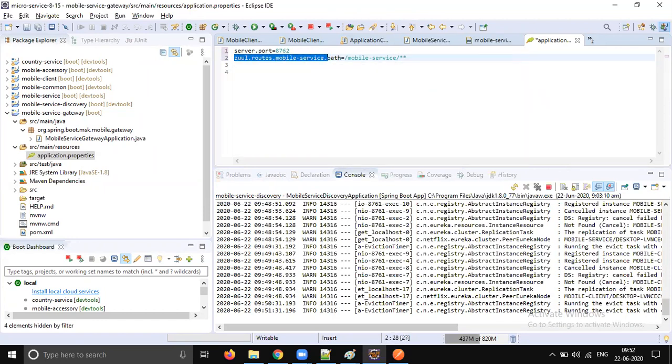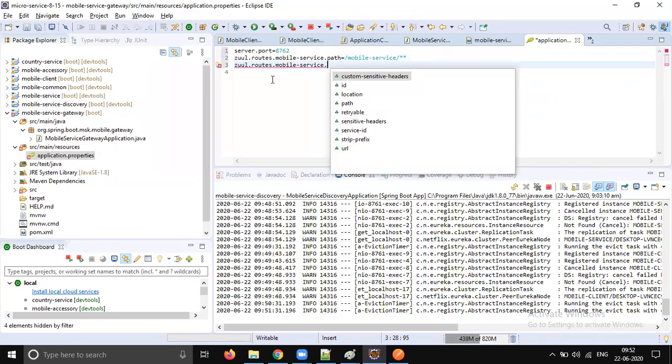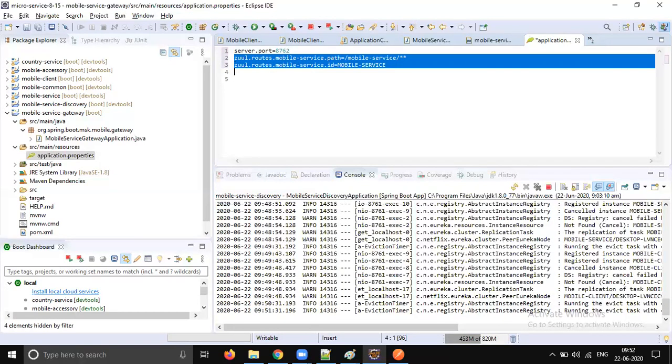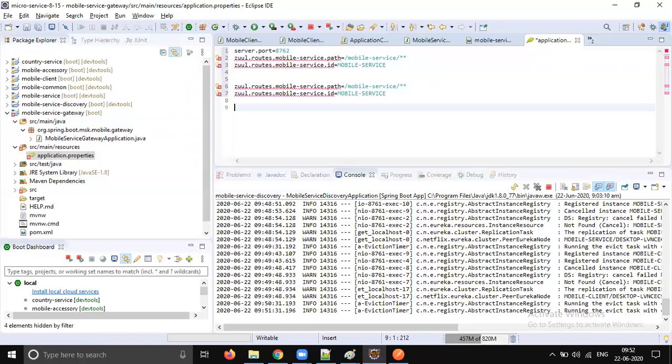So zuul.routes.mobile-service.id, where it goes, it should go to mobile service. This is the name which is configured in Eureka server. So let's repeat the same configuration for country and mobile accessories.